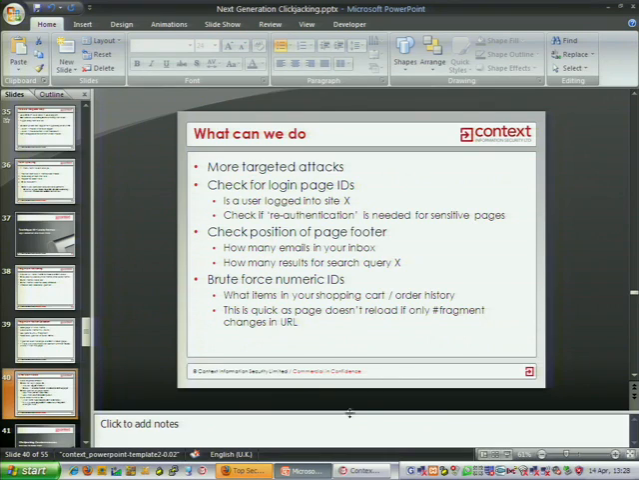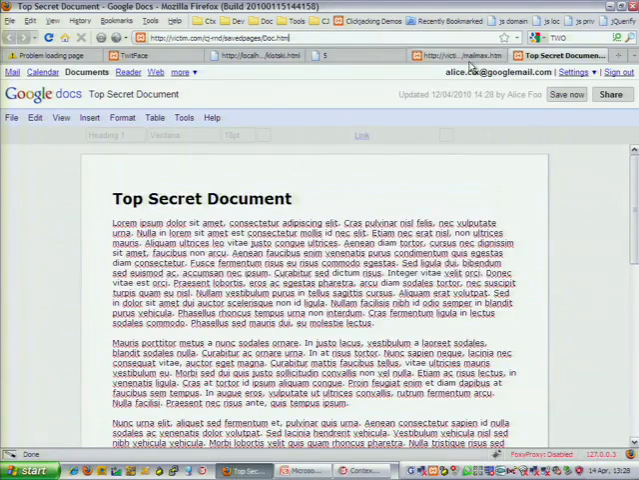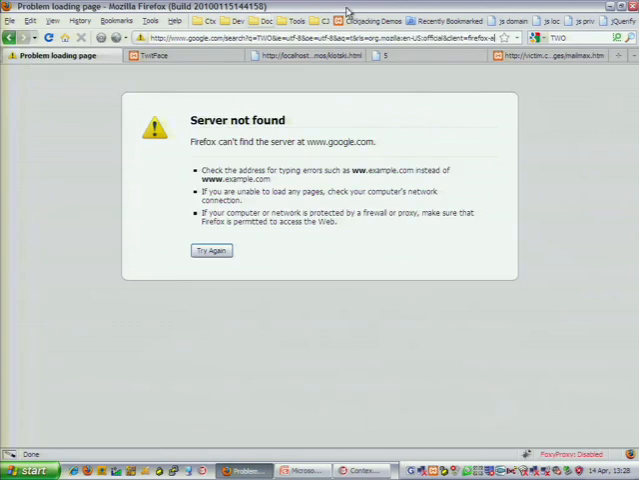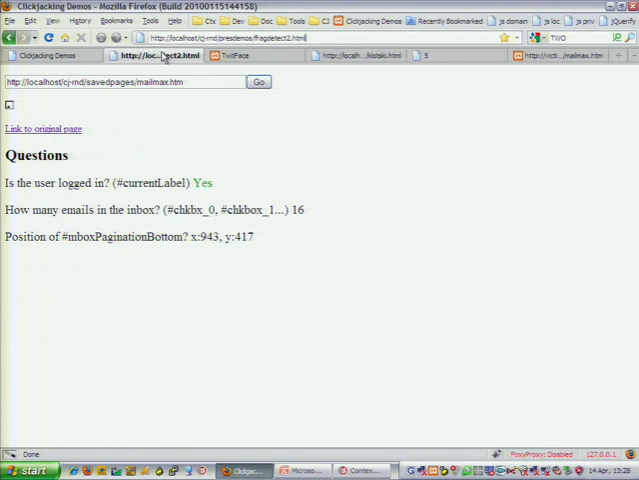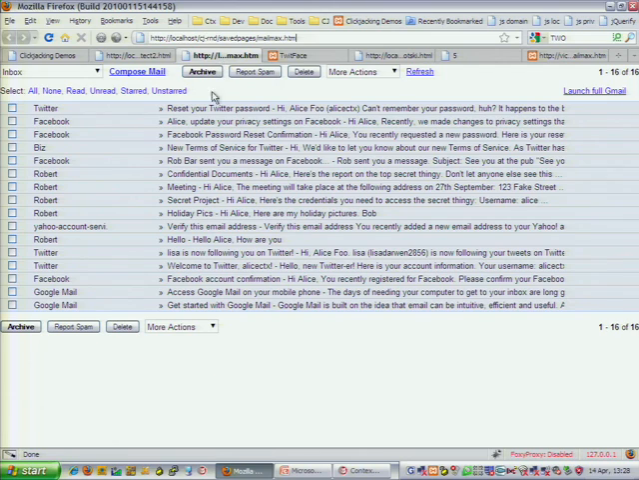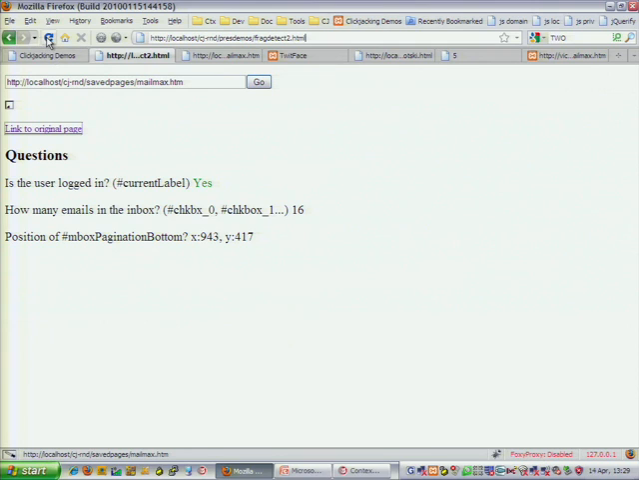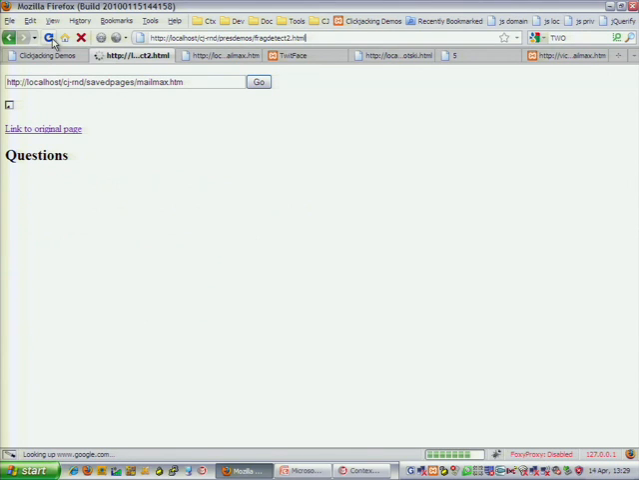I'll just quickly show you how that could work. Okay, so this is a page. This is a copy of a page, an offline copy of the Gmail inbox as would appear in a Google gadget. Now, there's various IDs on this page, and we can detect various things. So here we go. When I've loaded this page,